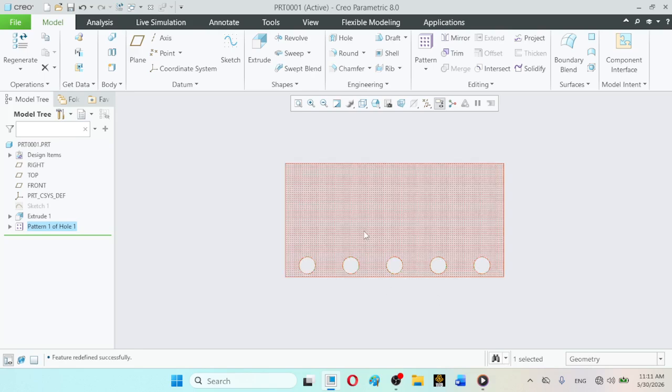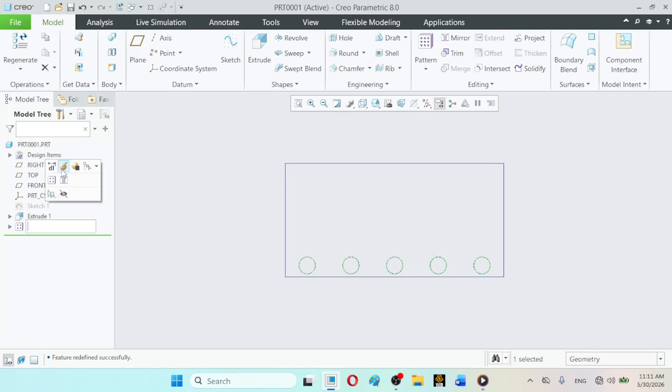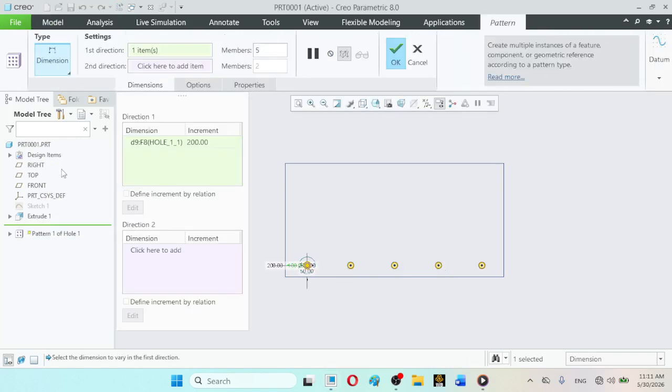So in a similar manner, we can further elaborate it using the width direction. So let us just go into the editing mode and now use the other dimension as the direction. So just click here and now select this 50 units dimension, like this.